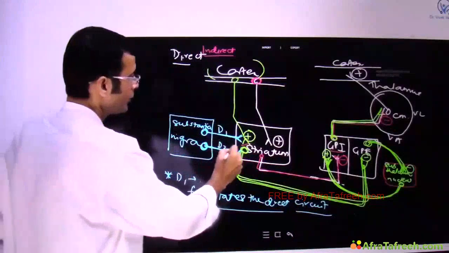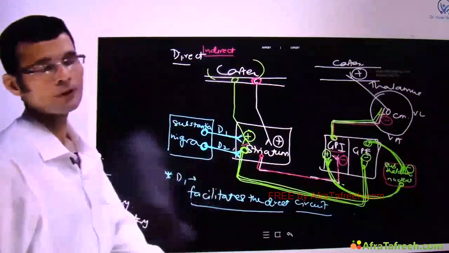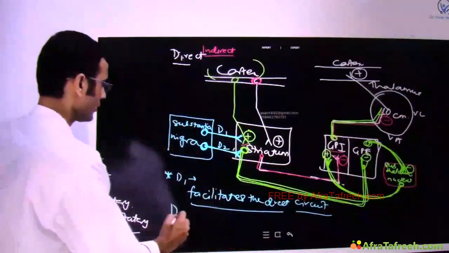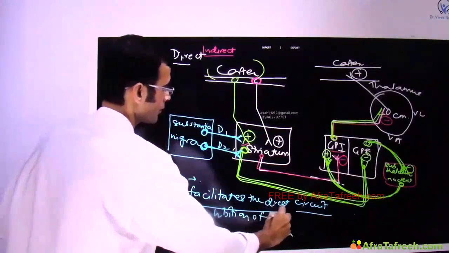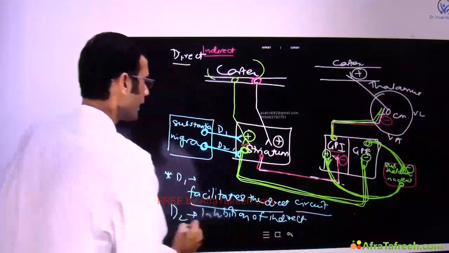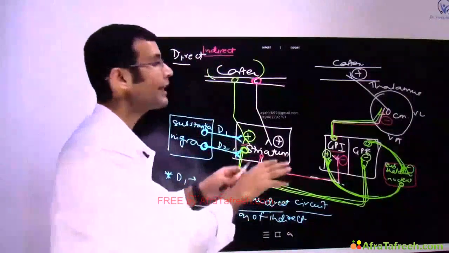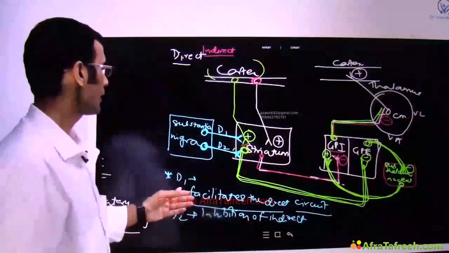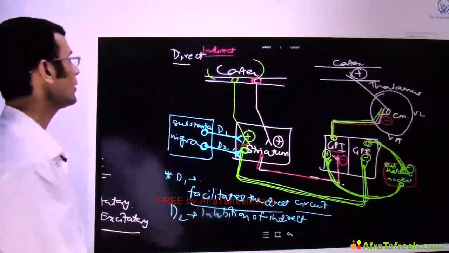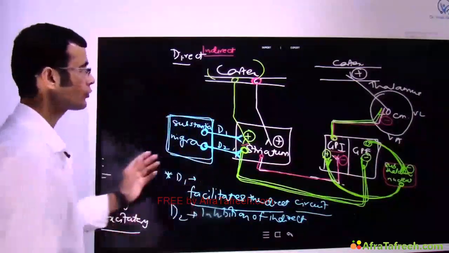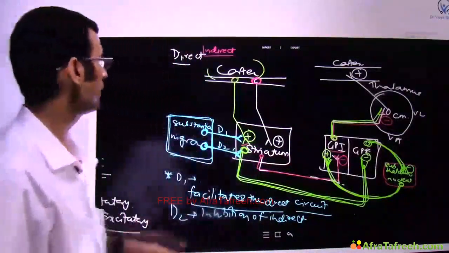Then the D2 dopaminergic projection, an inhibitory projection, what is its function? Inhibition of the indirect circuit. What will be the effect of that? You see, the indirect circuit was inhibiting the movement, suppression of the movement. That will be inhibited, which means the movement will be facilitated. So remember, substantia nigra and the nigrostriatal projections are there to facilitate the movement, and therefore